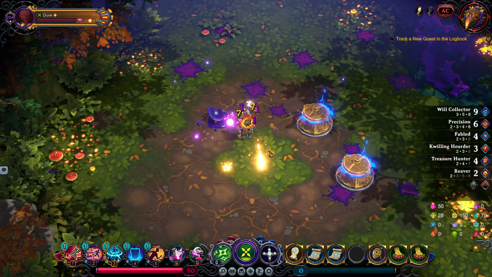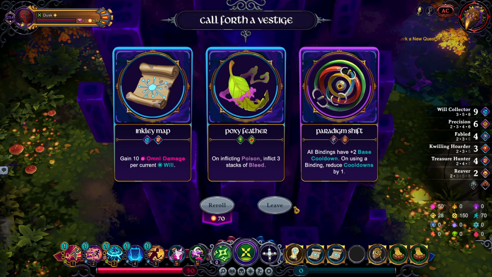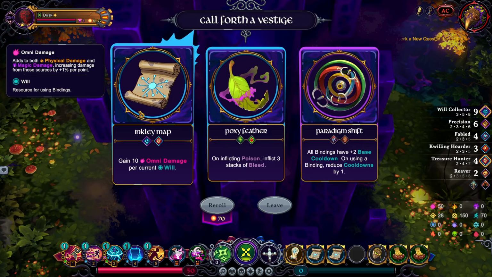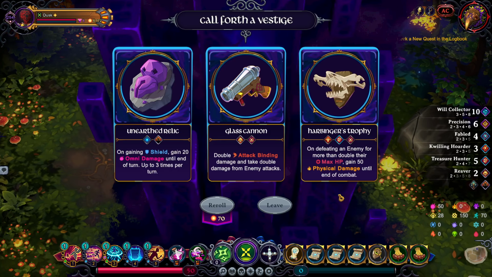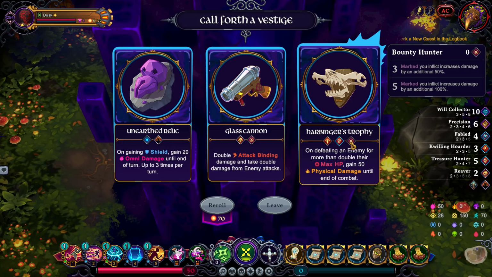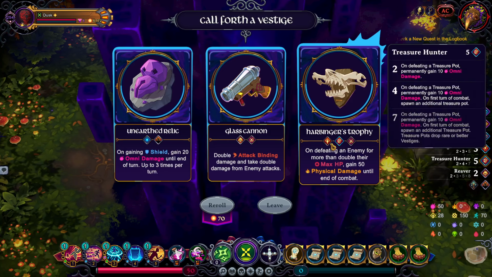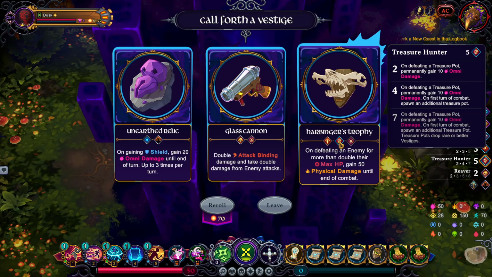Incredible. Honestly, couldn't have asked for better. Another Inkly map. You think I won't, but I will, as it turns out. Inkly map is hyper efficient. It's actually kind of ridiculously hyper efficient. Glass cannon sounds fun, but I do take 1 billion damage from it, and I'm kind of camping a little bit. I could get 25 physical damage and finish out...